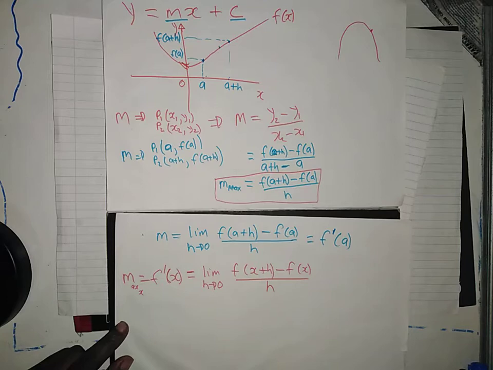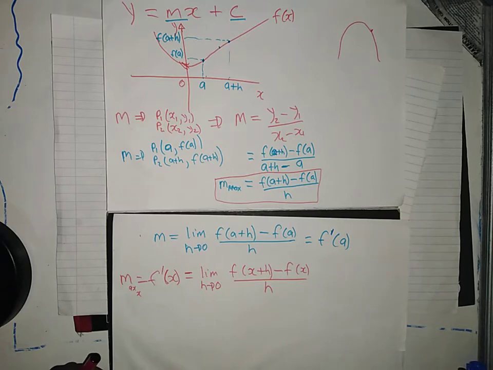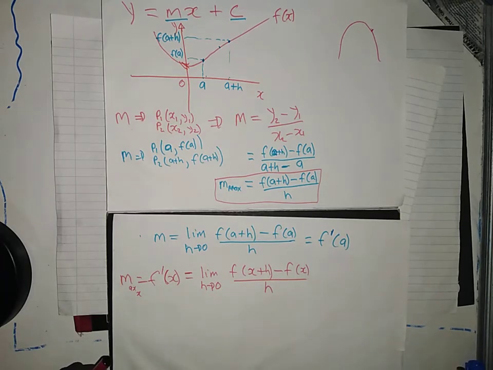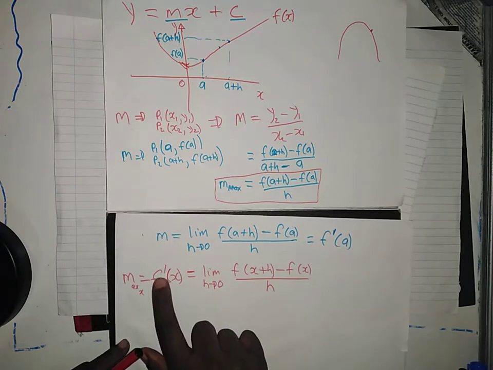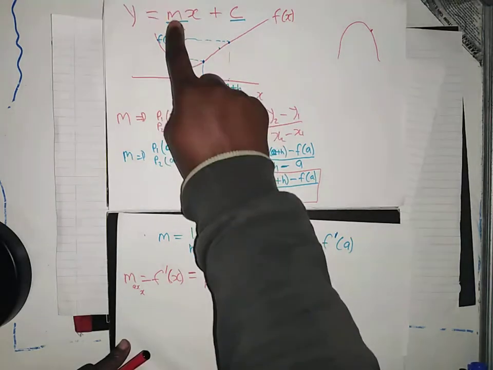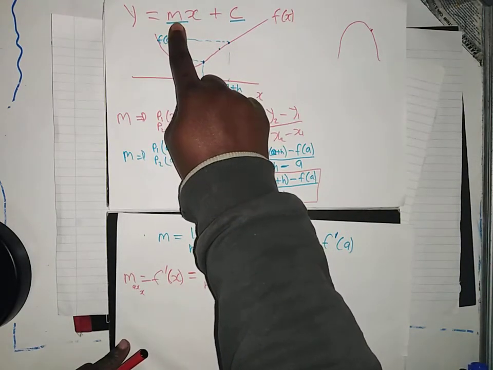It's just that the derivative is the gradient of a curve. Does that make sense? Okay, so which means that if I can get the derivative of a function, if I'm looking for a gradient of a tangent,